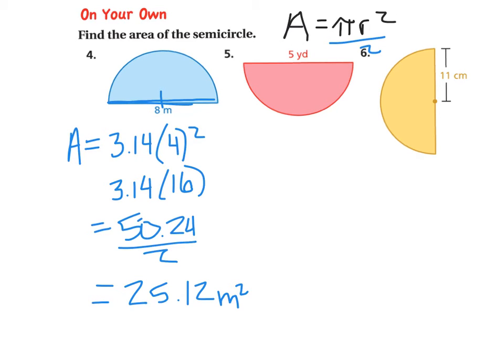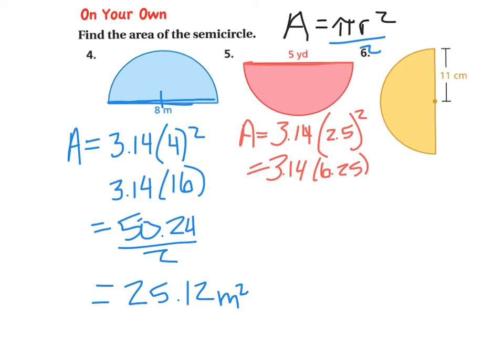All right, now let's do number 5. So area, pi times the radius. The radius here, again, they show you the diameter, which is 5, so what's half of 5? Would be 2.5 squared. So 2.5 times 2.5, or 2.5 squared, is 6.25. And then times 3.14